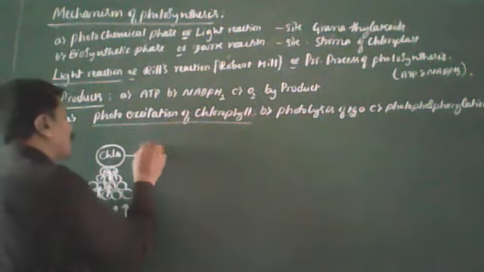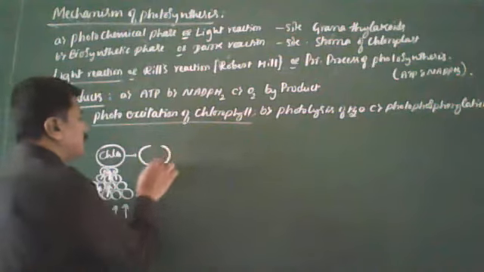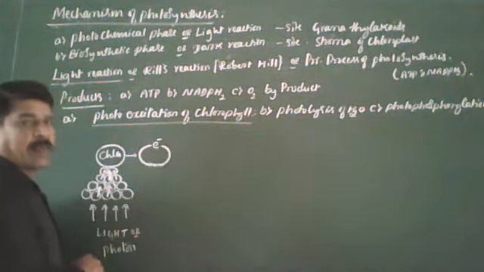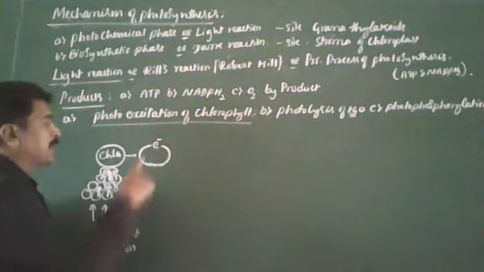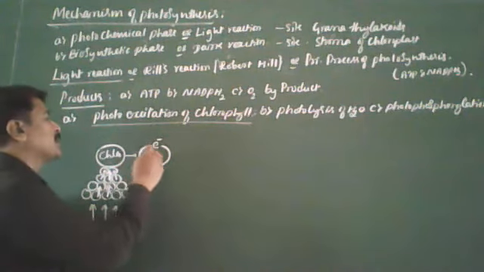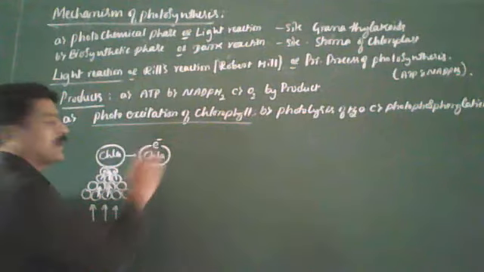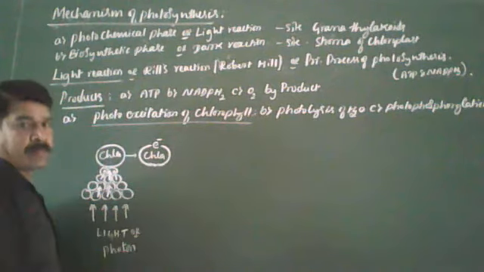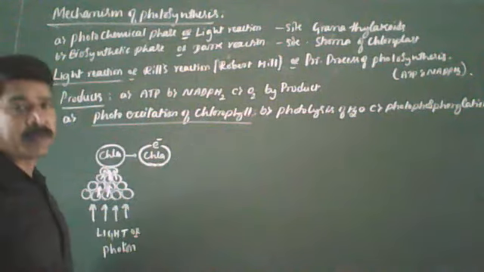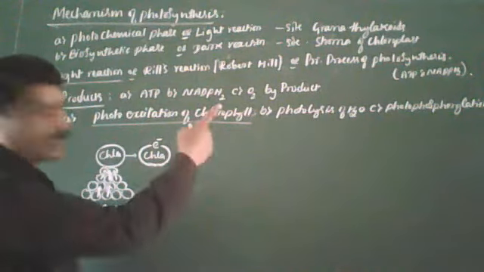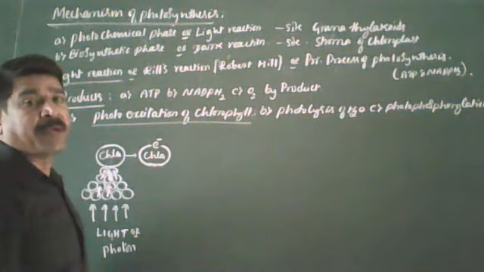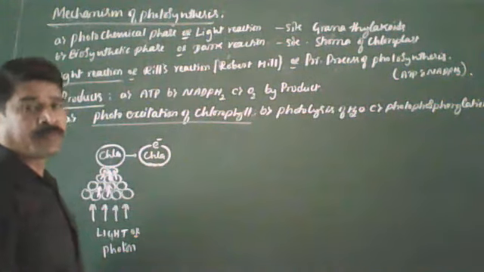Now, the chlorophyll A molecule absorbs light energy and becomes excited. In this state, it expels an electron. The ejected electron is energy rich, and is accepted by acceptor molecules for the formation of ATP and NADPH2. I think you are following.